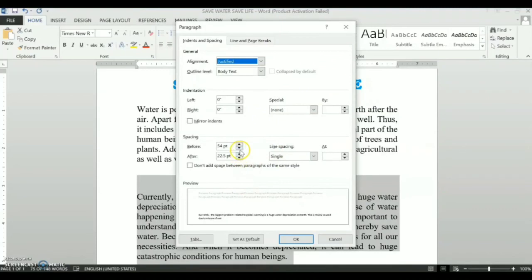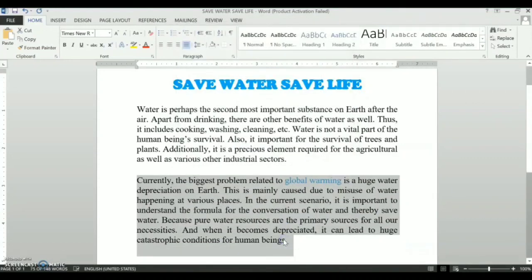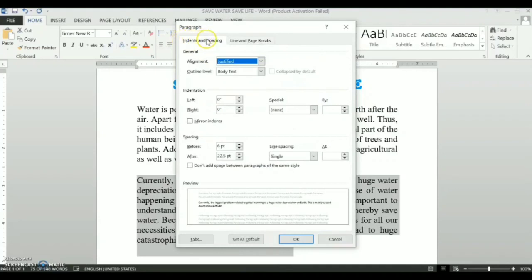So this way you can decrease and increase. Now I am decreasing. See now the changes. Here I have decreased the space. So for paragraph spacing, go to the Indents and Spacing tab and enter the values in the spacing box, before and after.